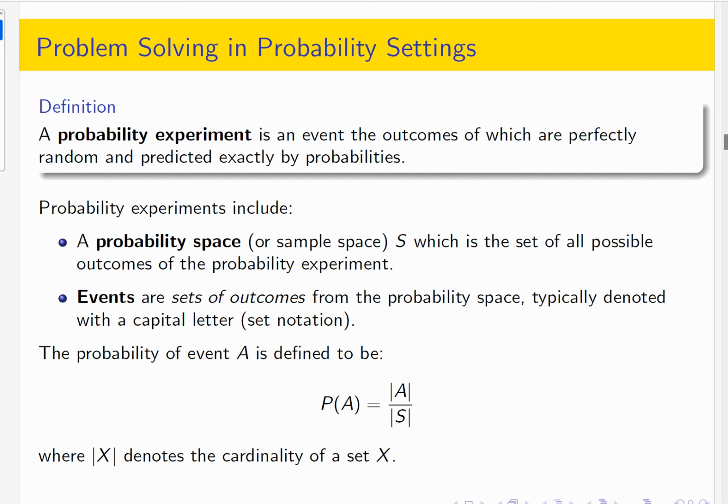Okay, so the absolute value in set notation refers to the cardinality of a set. The cardinality of a set is just the number of things that are in the set, right? So a deck of cards has 52 cards, so that set has a cardinality of 52. We're looking at discrete probabilities right now, so that number will be finite. The cardinality of a set can, in fact, be infinite. Okay, so